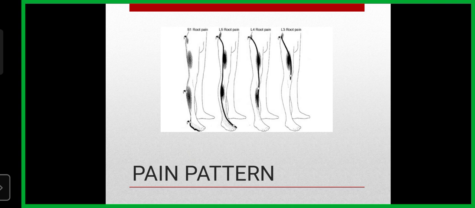So this is the pain pattern. Common pain lines in sciatica, in an anterolateral view of the lower extremity. The black thick lines represent the sharp radiating pain, which often has a dermatomal distribution. The sharp radiating pain in S1 radiculopathy is indicated by interrupted lines. It tends to be in the center of the posterior thigh and the calf.